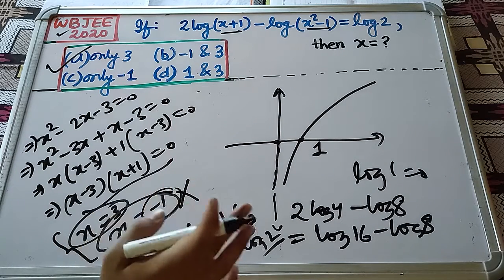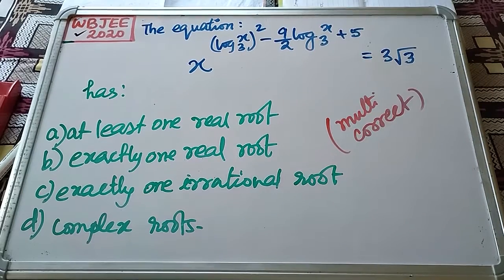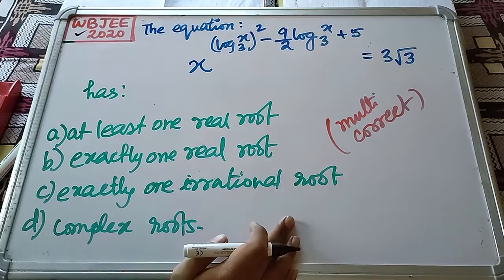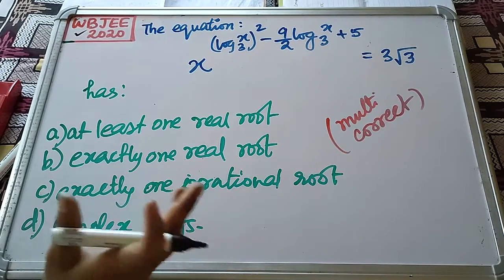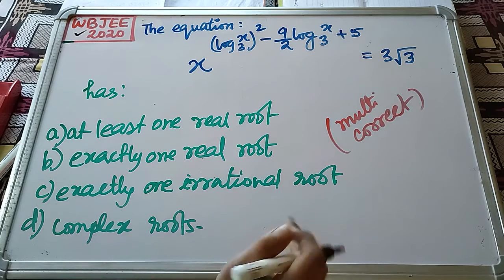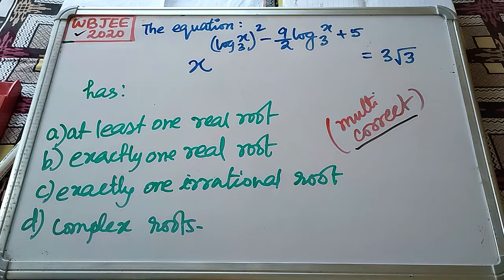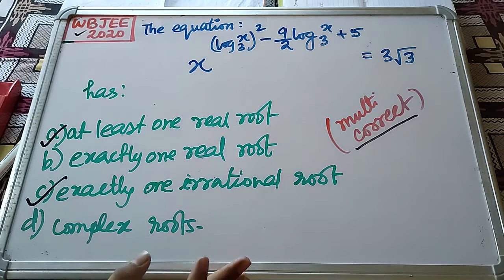Now let us see the second question. So this is the second and last question of this video. This question is a little bit harder than the previous one. It requires a little bit more solving, but you may give it a try. You can pause the video over here and give it a try, but keep in mind that it is a multi-correct question. So if you tried this, the correct answer is actually option A and option C. We will see how to get these two options.